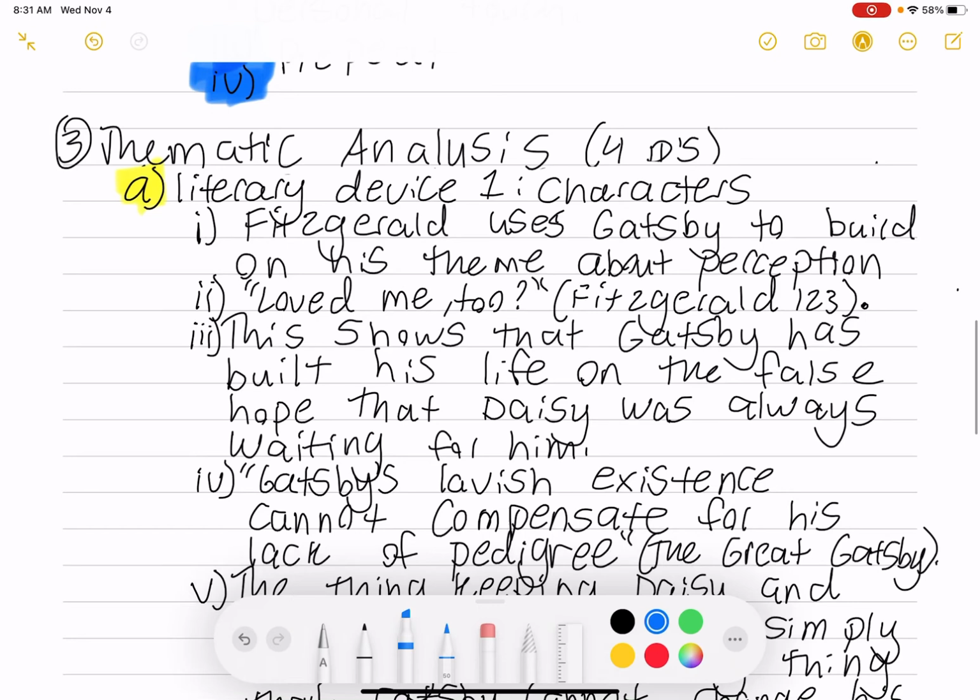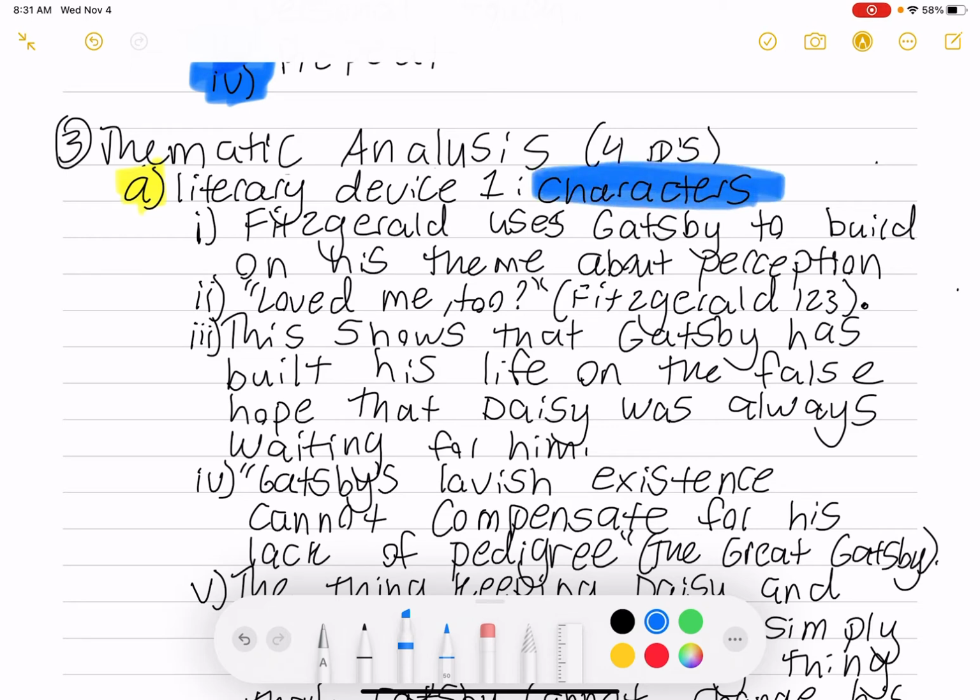Now, the third section is thematic analysis. So remember, you pick 2 literary devices or literary elements, whichever 2 you picked, and you're going to explain how those develop the theme. This is going to be 4 paragraphs. So I've done 1 paragraph for you. I said literary device 1,